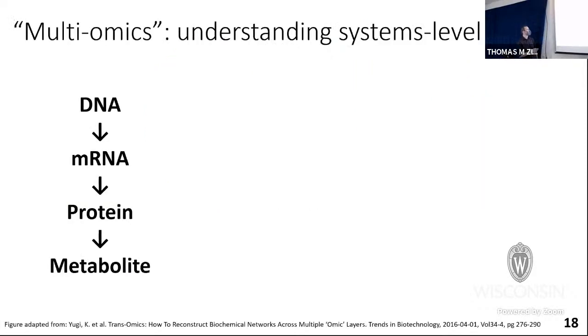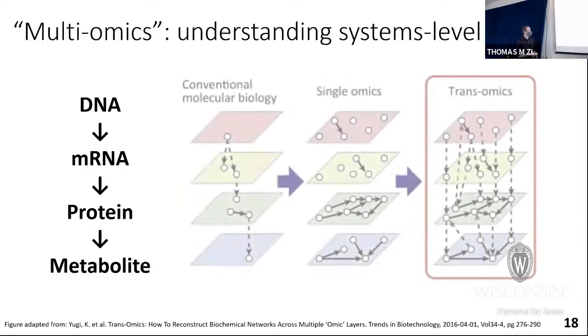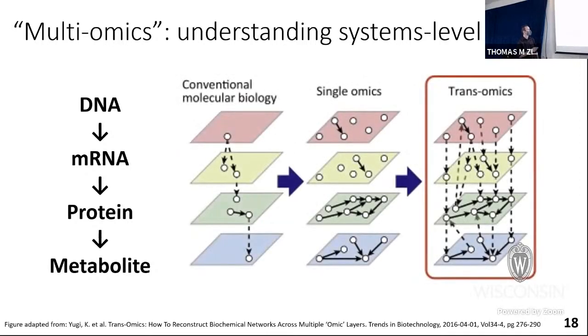So with multiomics, we're trying to understand all of these different individual levels of the regulatory system. With conventional molecular biology, you might study one gene mutation. So you could say this particular patient has a particular gene mutation that leads to some disease. And you can say, okay, how does that affect the mRNA expression of particular transcripts in the cell? How does that affect protein regulation, and how does that potentially affect maybe one or two or a few metabolites?